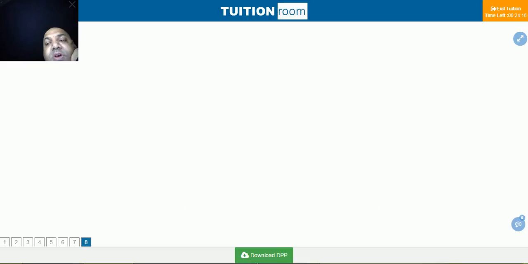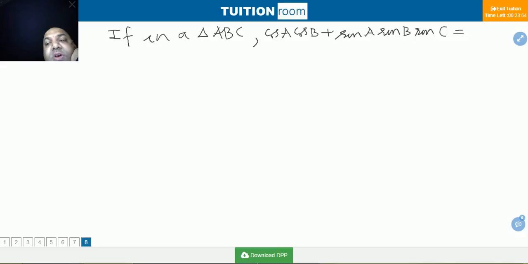If in a triangle ABC, cos A cos B plus sin A sin C is equal to 1, then sides are proportional to